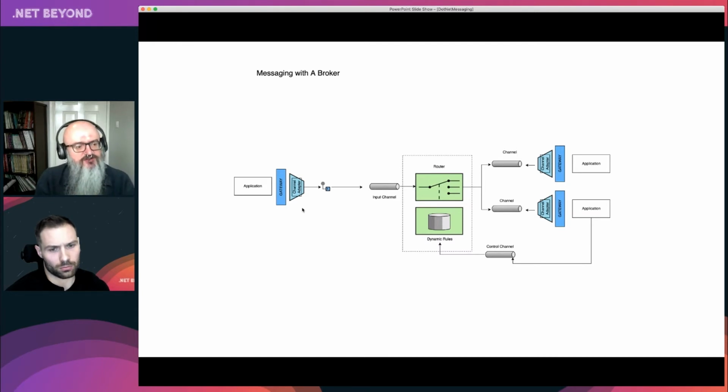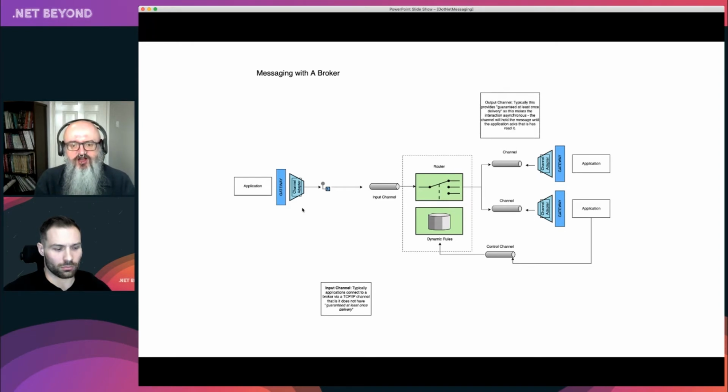So what a broker does is effectively help us separate knowledge of the sender from who the receivers are in many cases. Sorry, that's a bit tiny. Typically what happens is when we talk to a broker, we have some kind of connection to the broker that is basically an input channel. Quite often, that's just a simple TCP/IP sockets connection. We don't have any kind of queuing there. We're just saying, hey, broker, here's a message. And the broker gets hold of that message. Then it says, okay, I'm going to send it, and we'll talk about what the broker's doing in a second, to output channels.